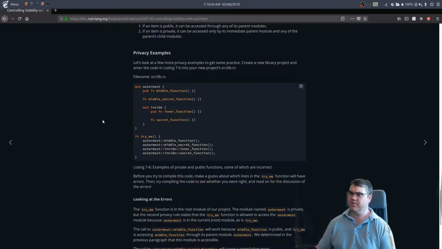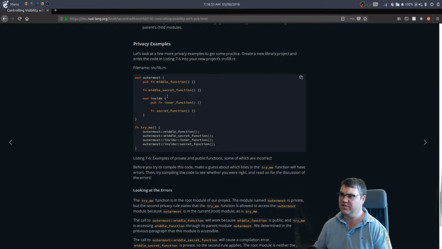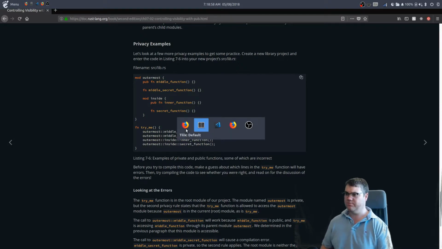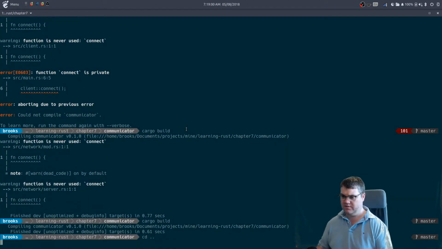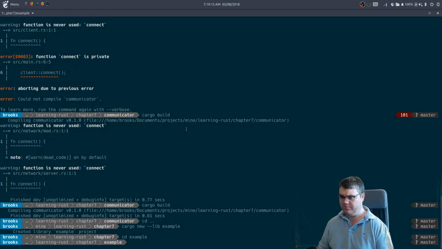Privacy examples. Let's look at a few more privacy examples to get some practice. Create a new library project and enter the code in Listing 7-6 into your new project's src/lib.rs. Okay, so this is just like an example. So let's come into here, and we're going to do cargo new --lib, and we're going to call this example library. So we'll go into example